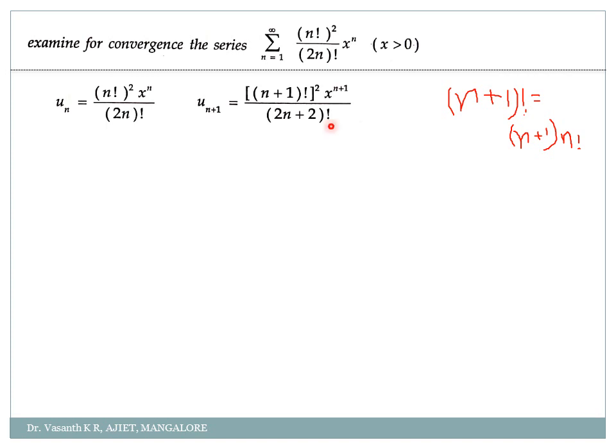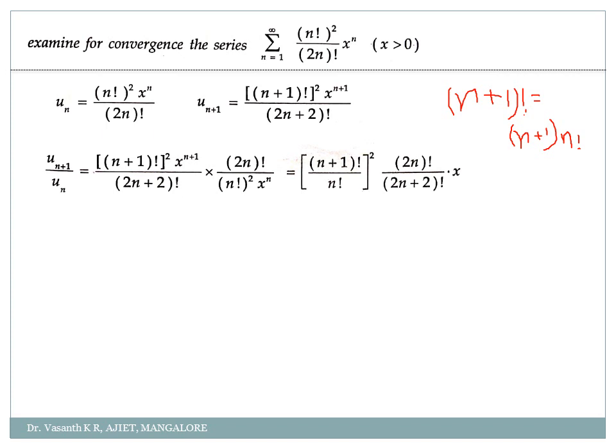Now, how will you simplify these factorials? Actually, if you check properly, what is n plus 1 factorial? It is n plus 1 into n factorial. Always. Okay. So first I will divide un plus 1 divided by un. I have written. Okay. Now which term will get cancelled? x power n will get cancelled. Fine. Then what else will get cancelled? That is my question. Okay. See, I have written this step directly. I mean, I have cancelled x power n and I have written x.